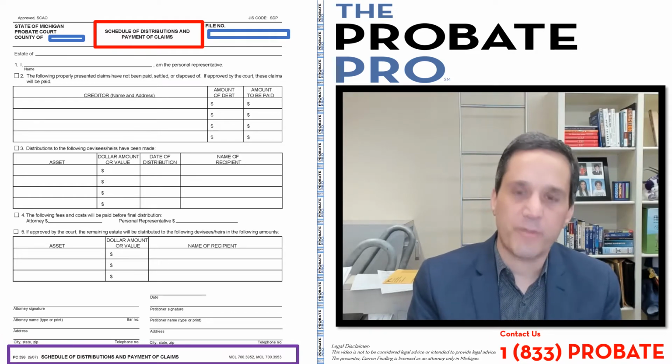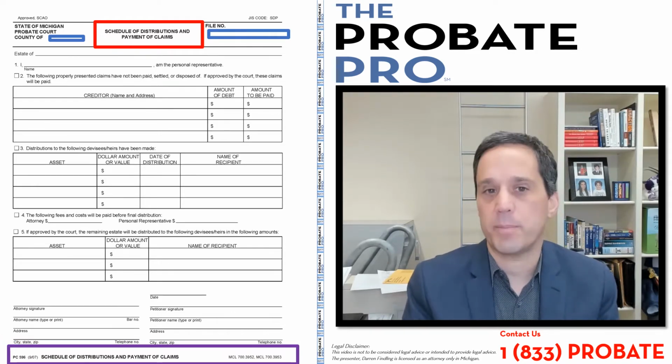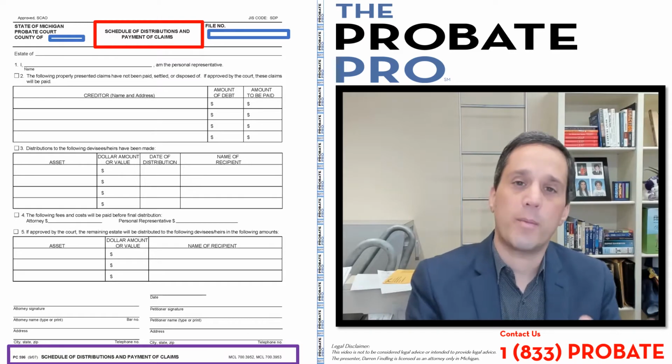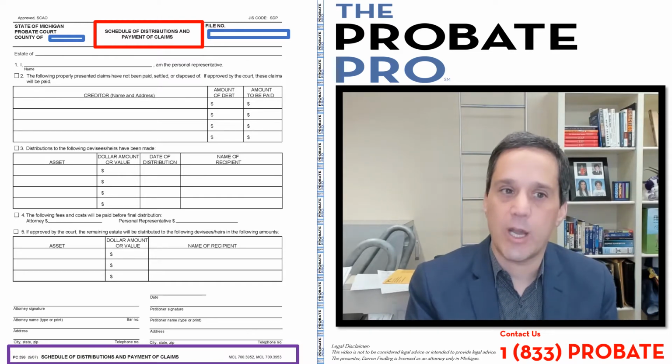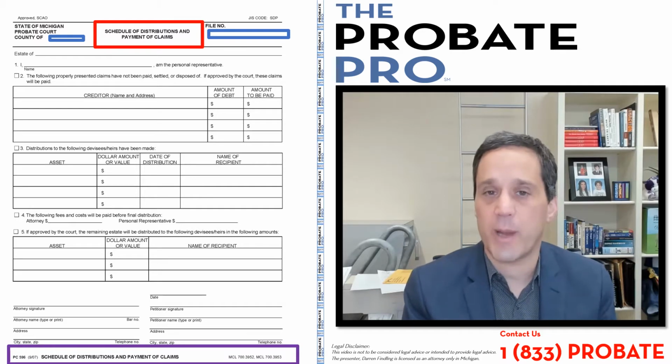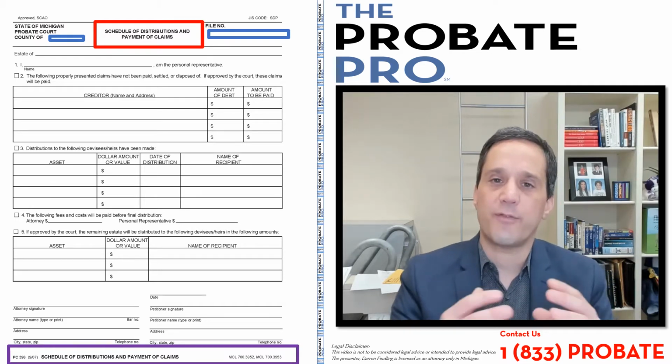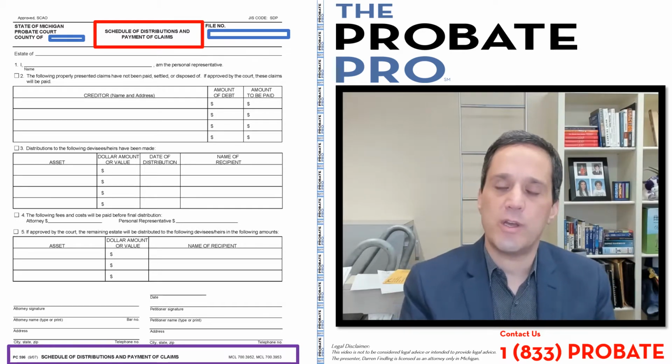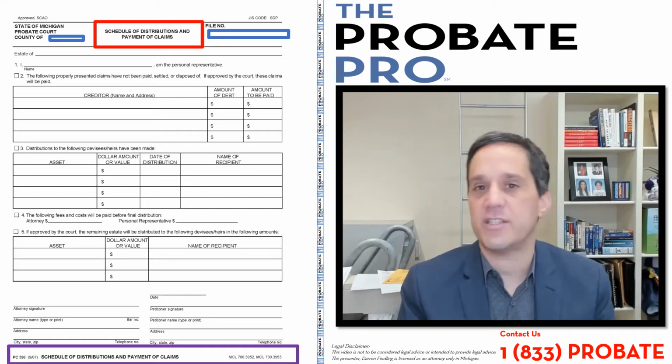The statutes provide that the petition for complete estate settlement, a form that is covered in a separate video, as well as a final account and the schedule can all be filed together, but can't be done so before the creditor period has expired. So this is really one of the final steps to the distribution of a deceased probate